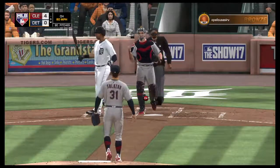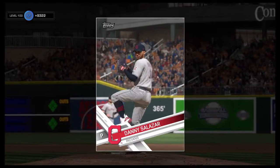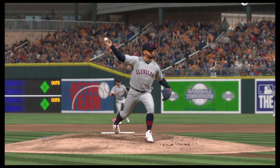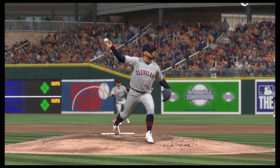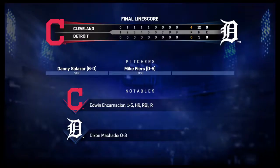Swing and a miss. He struck him out, and that'll do it here as the ball game is over. Well, we've talked about his dominance all throughout the game, and he ended up finishing what he started. A complete game shutout. He's our top player of the game. Well, you know he wants that one pitch back that led to the lone